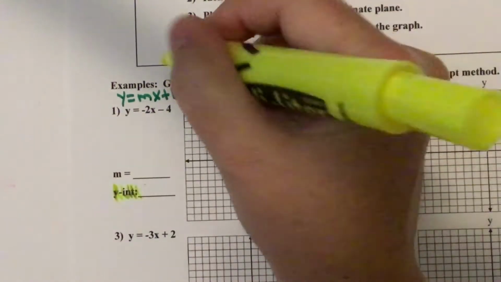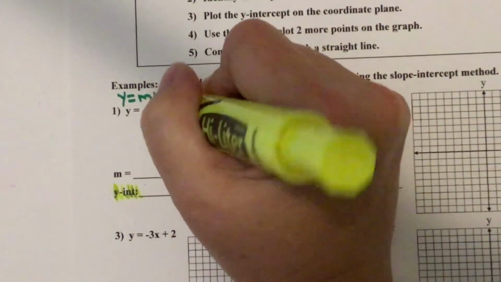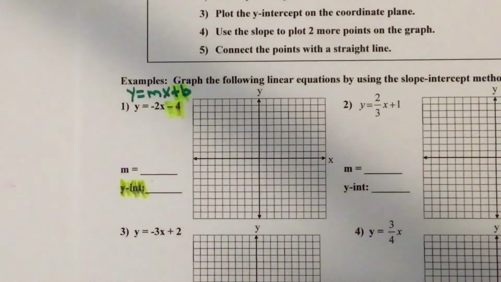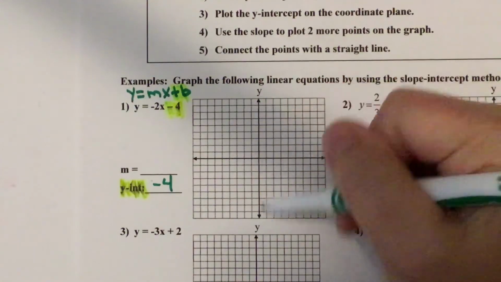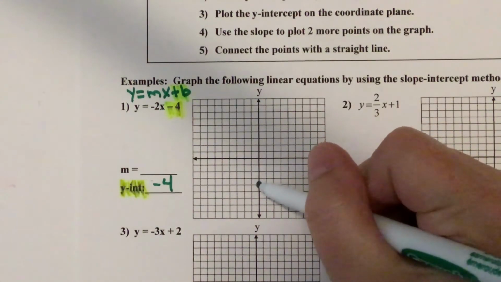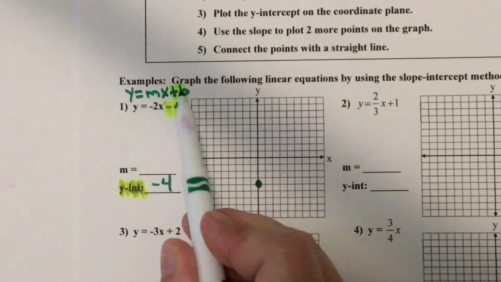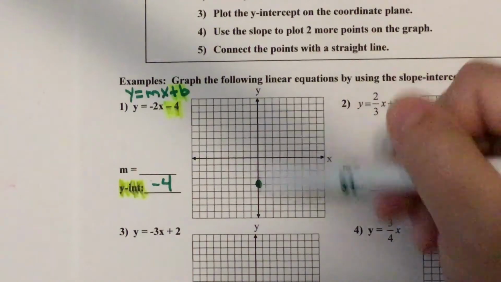And remember, the y-intercept is the b, it's the number behind the x. And the number behind the x is -4. So I am going to plot -4 on the y-axis before I do anything else. So I go down 1, 2, 3, 4. So as long as our equation looks like y equals mx plus b, plot the y-intercept on the y-axis, then